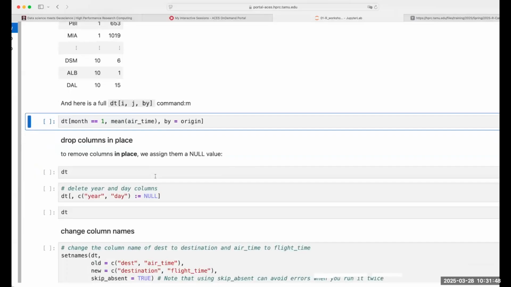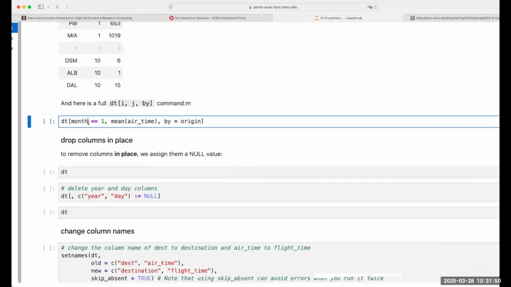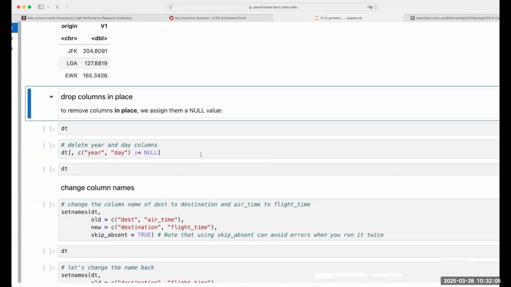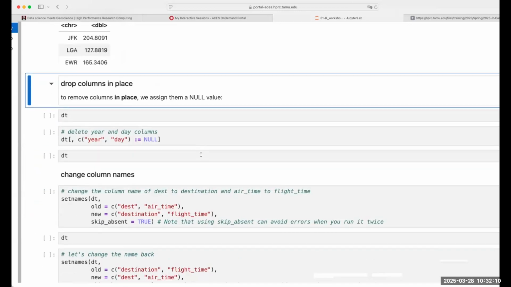So here's a full command. We have the I, the row number. We select the row number with the month is 1, and we calculate the mean air temperature by this one, and we subdivide there by a region. So it's a full command. And that's one. If the next one is if we want to drop some columns in place,